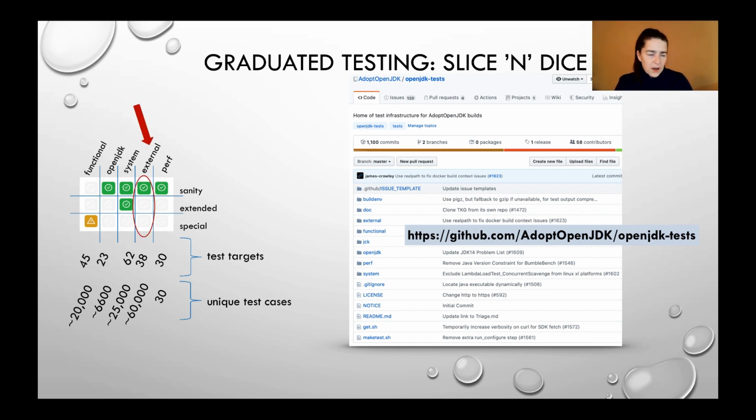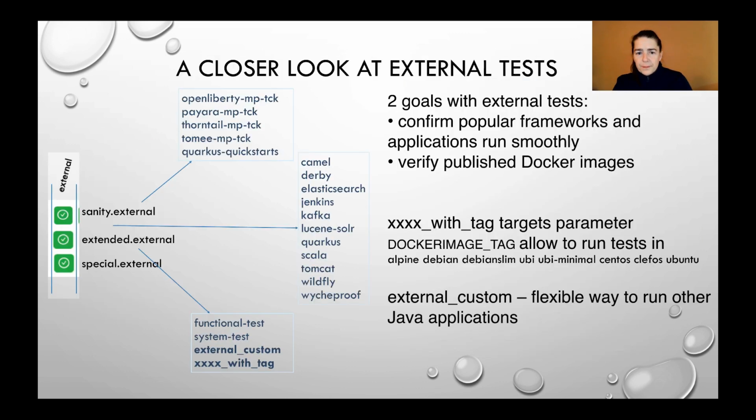I want to talk a little bit about the external group of tests, because I think a lot of people at this conference maybe focus on some of the large Java applications or frameworks that sit above a JVM. So I do want to take a closer look at that external group of tests.